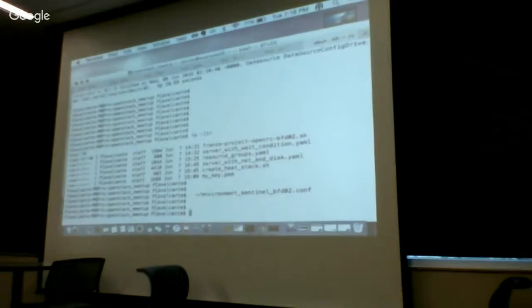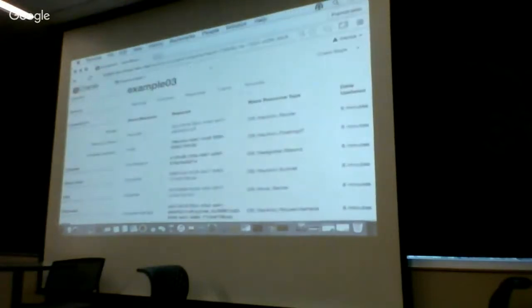So this is the tool user that we have, and in this case, this is our lab. So there are just 10 different nodes,